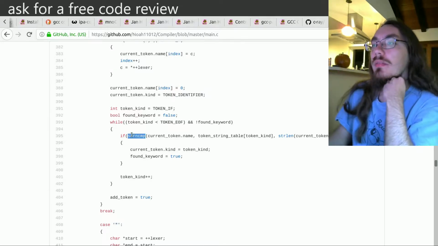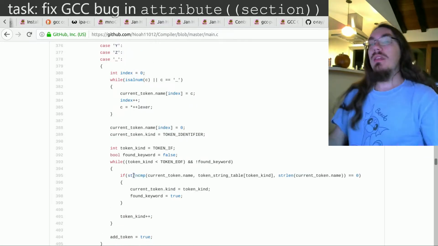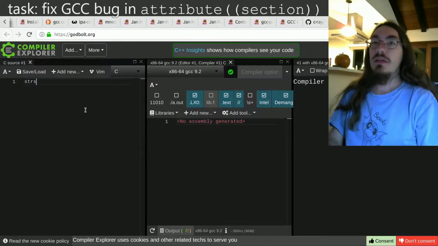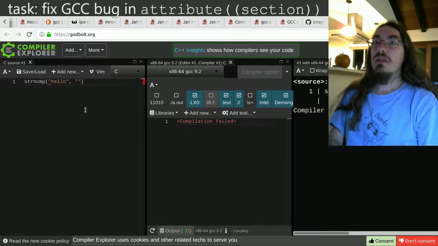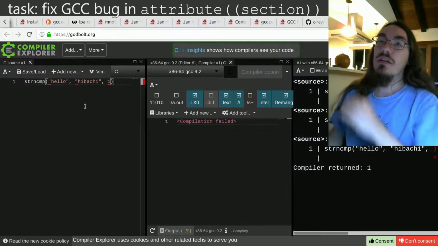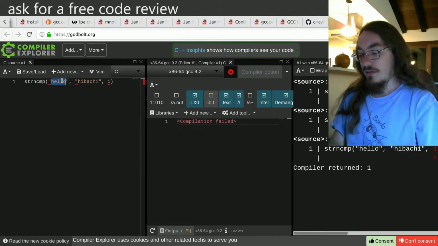Strncmp does not work. If you strncmp, do strncmp of hello and hibachi, I don't know what hibachi means, and 1, this will return true. So I guess a better example is